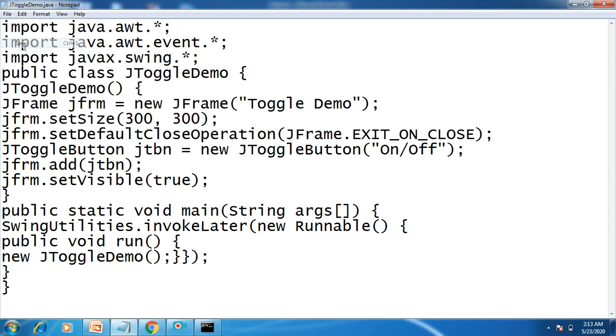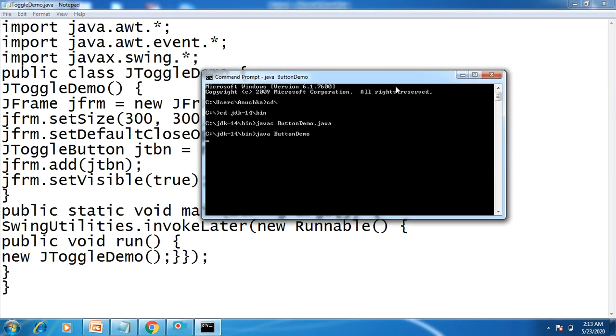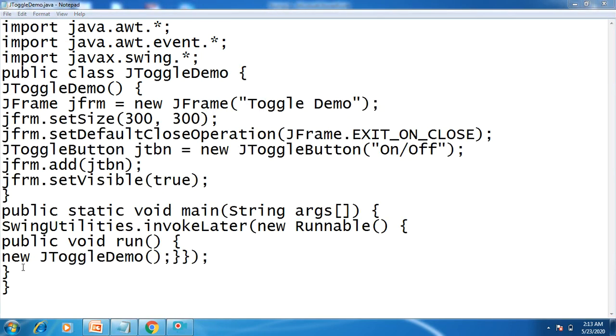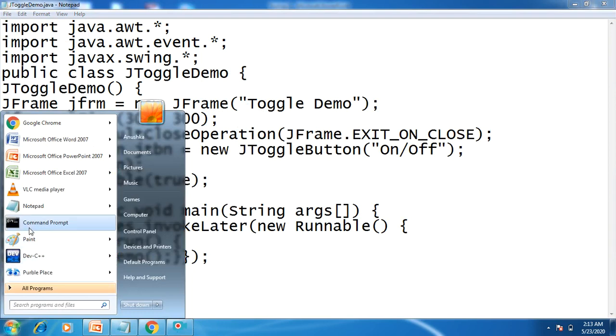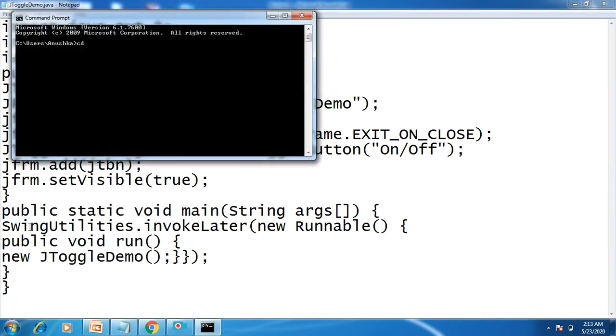Remember, save it and run this. So this is cd jdk14/bin, javac, name of the program is JToggleDemo.java.